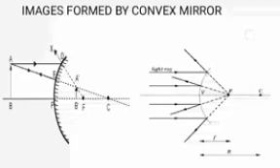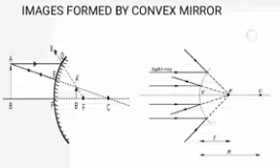So you can see the first case, when the object AB is kept in front of the convex mirror, the rule: incident ray parallel to the principal axis appears to come from focus. And the second rule: the incident ray appearing to pass through the center of curvature rebounds. Both of them appear to meet between P and F. It is upright, that is virtual and erect, diminished, smaller than the object. So wherever we put the object, the image is always between F and P.